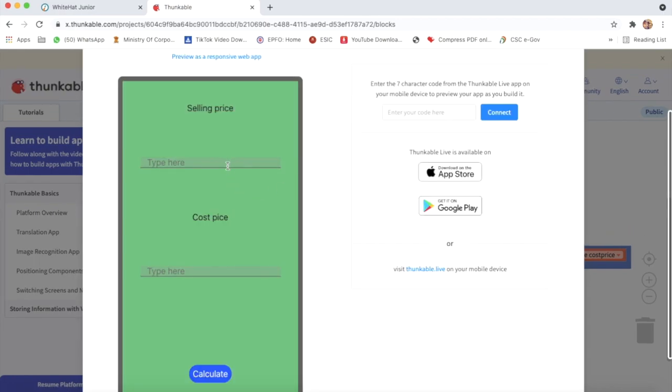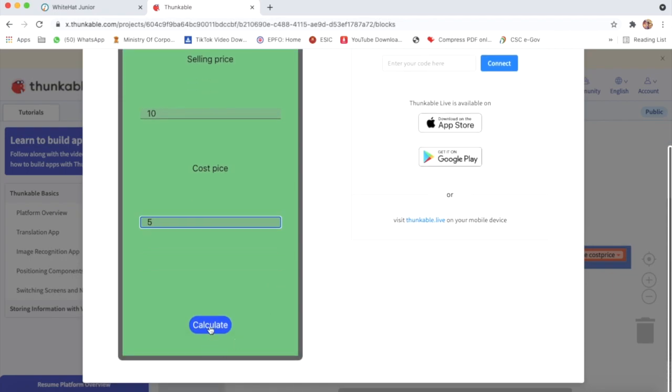Yes, and here I will type selling price is 10 and cost price is 5. So I will click on calculate: 200 percentage. I will check with another number. Selling price is 100, cost price 99.